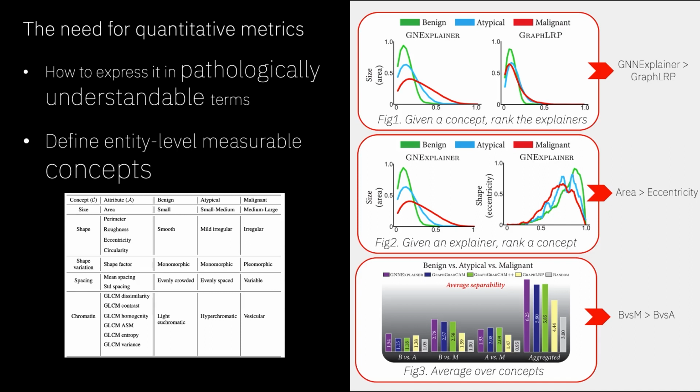And by studying the distribution of each concept, we are able to first quantify and identify which graph explainer is better. And second, we are able to understand what the concepts are that seem to be implicitly used by our neural network. For instance, knowing if the nuclei shape is used more than the nuclei size for distinguishing benign from atypical samples. I don't have the time to offer an in-depth presentation of the quantitative analysis, but I invite you to take a look at the paper for more details.